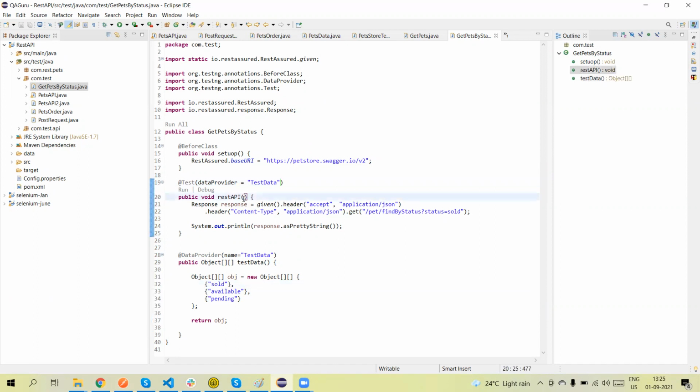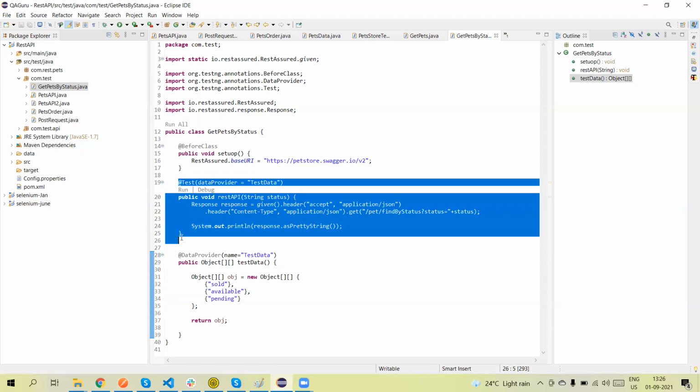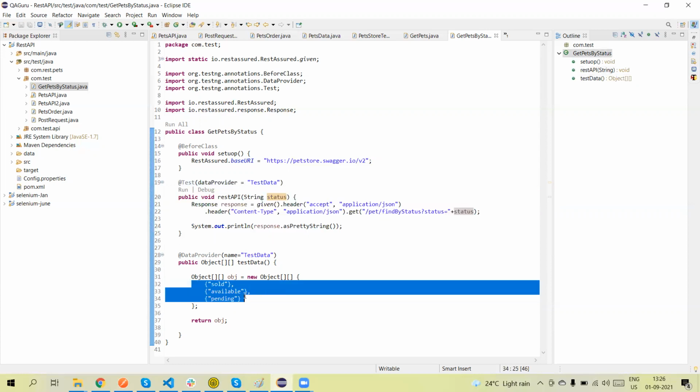So create a variable, String status, and we can parameterize the status here. Now every time it runs, the first value is fetched and passed into the status variable, then the second value, and then the third. So this test will now run three times with three sets of values.